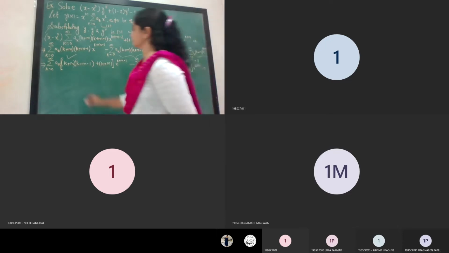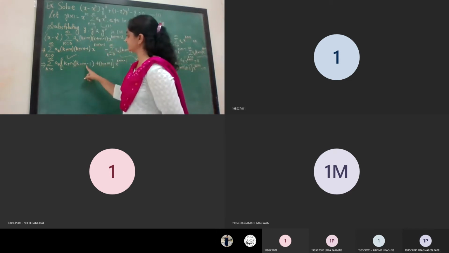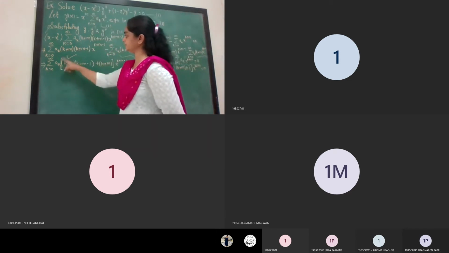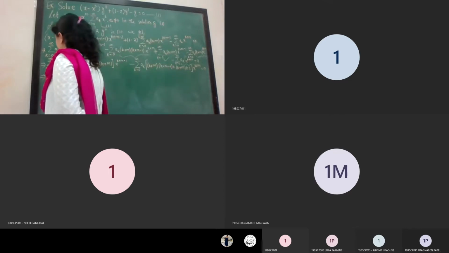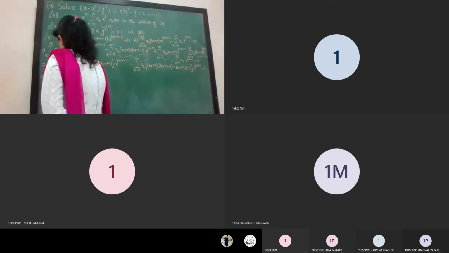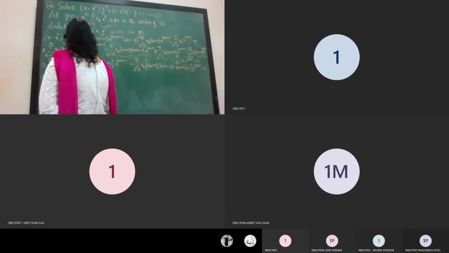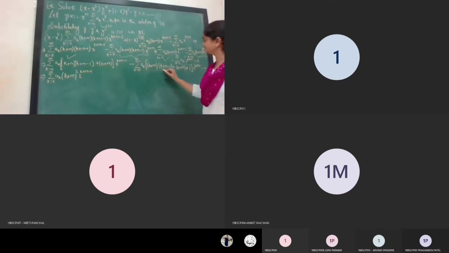So from here I can consider k plus n common, so the remaining quantity is k plus n minus 1 plus 1. This is nothing but k plus n whole square. So I am writing it: k plus n whole square into x raised to k plus n minus 1. And for this one, if you see, I can consider common quantity from this one as k plus n, and the left quantity will be for this term only.